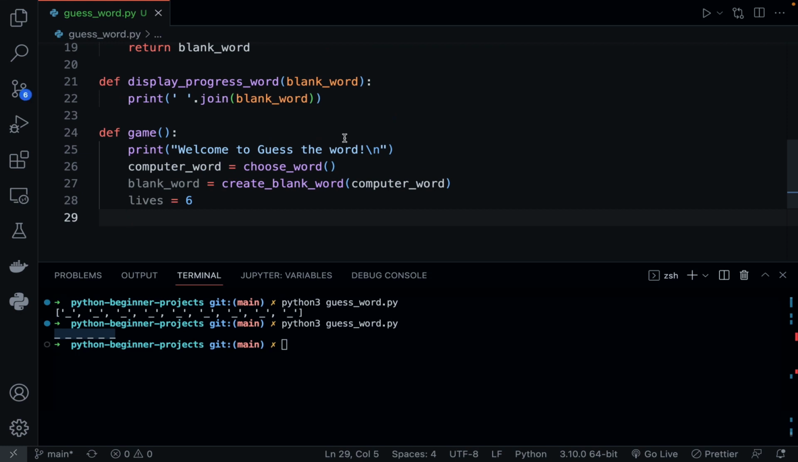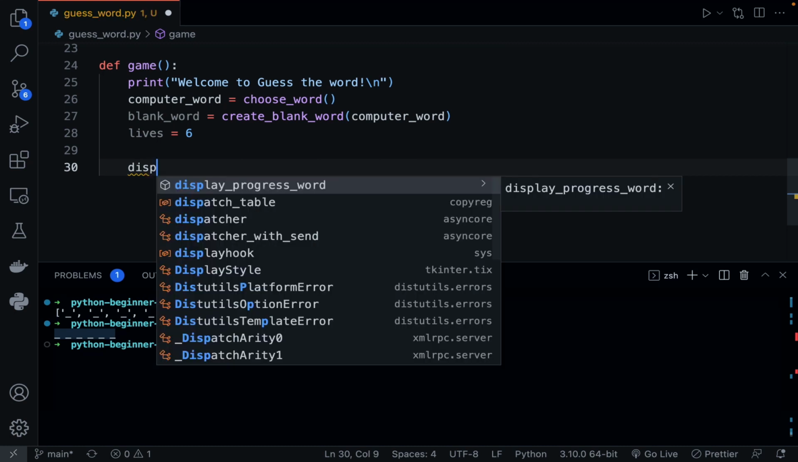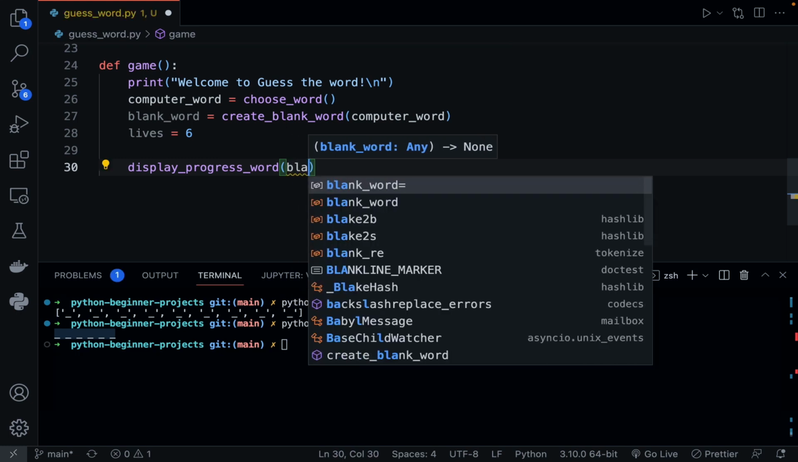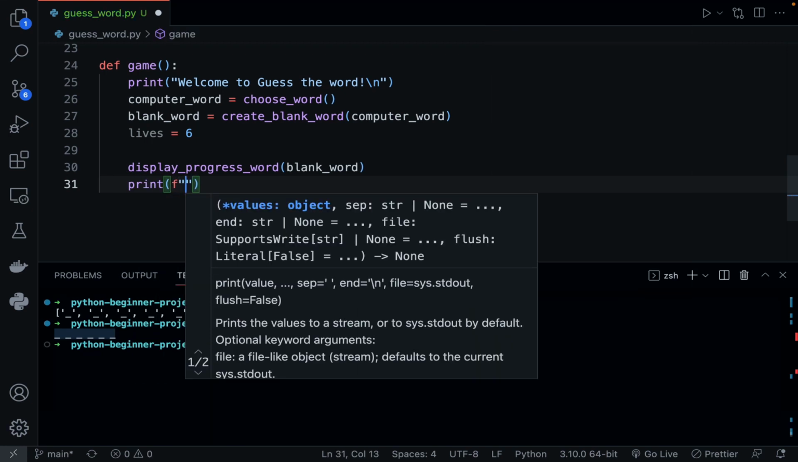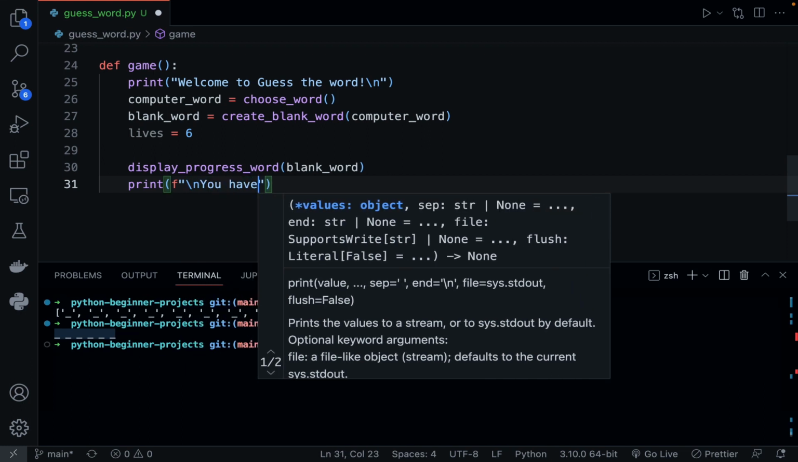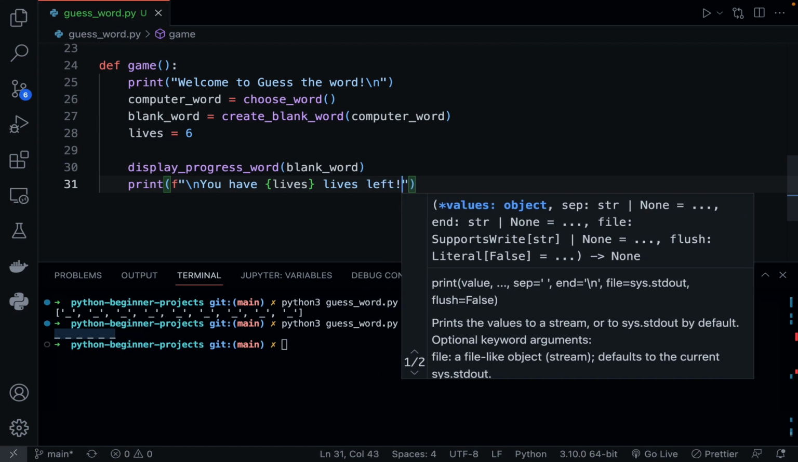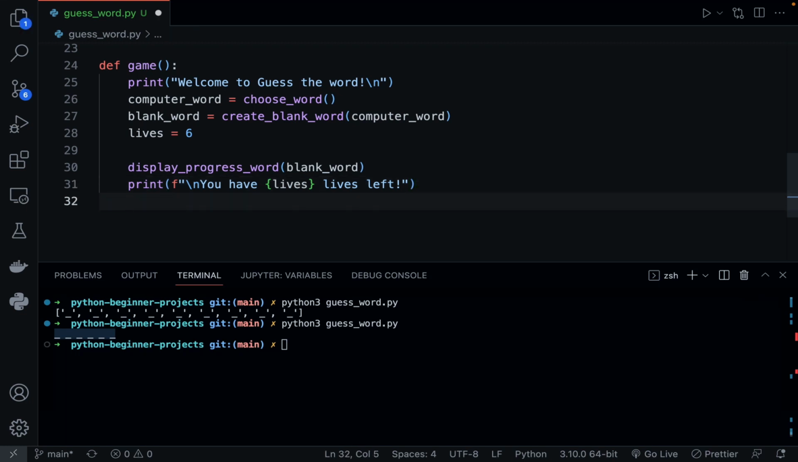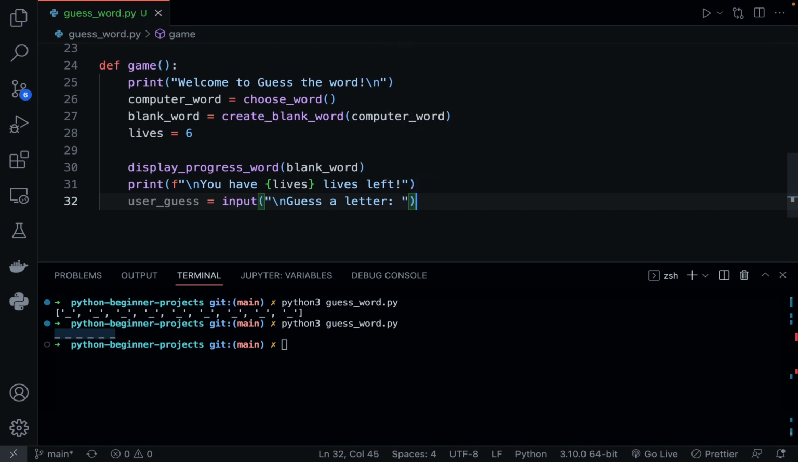So the first thing we want to do is display it. So we want to show what it currently looks like. And we'll say display progress word, and we'll throw in blank word. All right, then we want to tell the user how many lives they have. So we'll say print, let's use a format. So F and then double quotes, add on a new line. You have, and then throw in lives, lives left. Okay. Then we want the user to put in their input. So we'll say user underscore guess equals input, and let's put that on a new line, guess a letter. So now the user is asked to enter a letter, and then we want to see if that letter